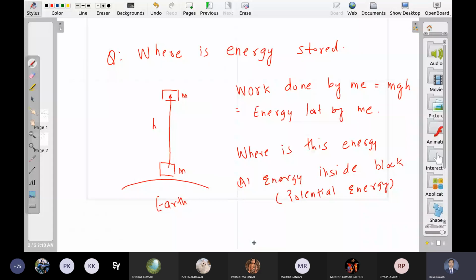Any other answer? Sir, if you are asking about the energy after it is lost, then it would be kinetic energy that makes the block move up and down. Let us assume that v was 0 here. Obviously, when I left, there was some non-zero v, but when I reach here, v is again 0. Or you can assume that I left this block with negligible velocity. So there is not much change in kinetic energy.